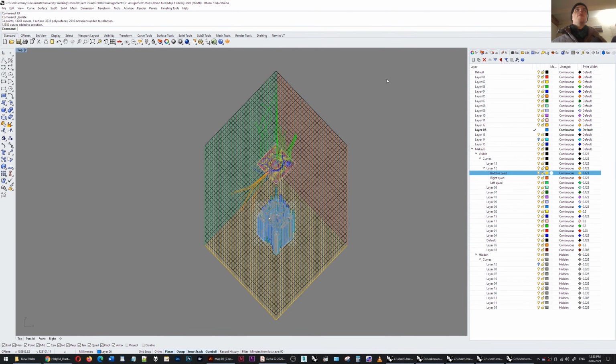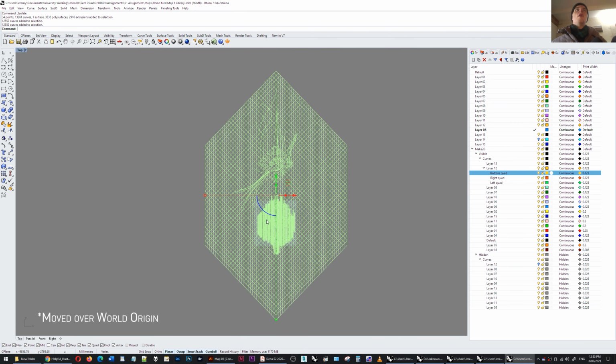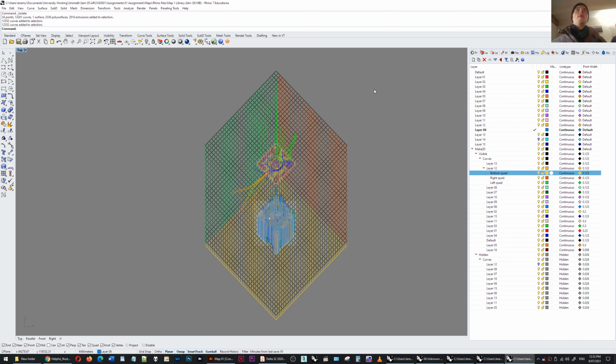So now I'm ready to export to Illustrator. I have moved these Make 2D curves over the origin, or near the origin, so it will be easy to access from Illustrator. Now I want to figure out which scale I want to export these model curves to. So this was modeled in sort of real scale, quite big. Now if I do the print command,